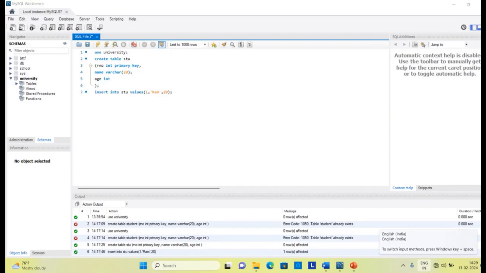In the previous video, we learned to create a table. In this video, we will learn about the data type. You have seen that in the previous video, we described the data type and data constraint. So our main focus in this video is to learn what exactly the data types are.